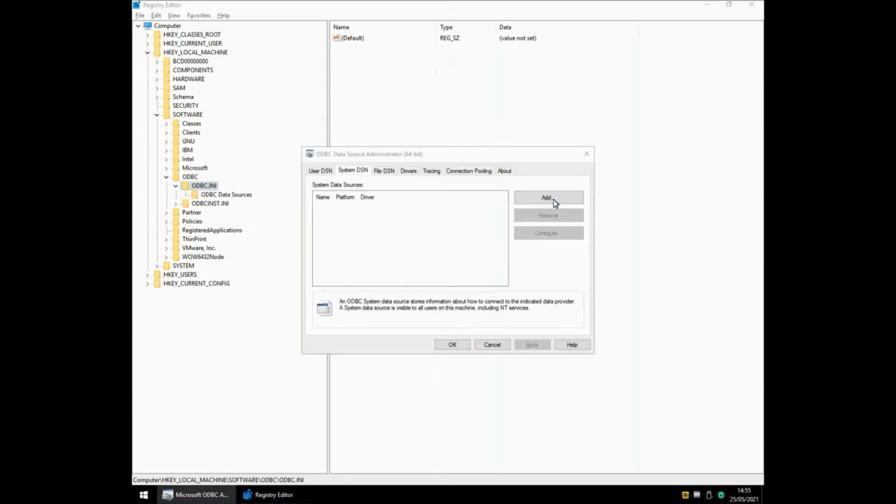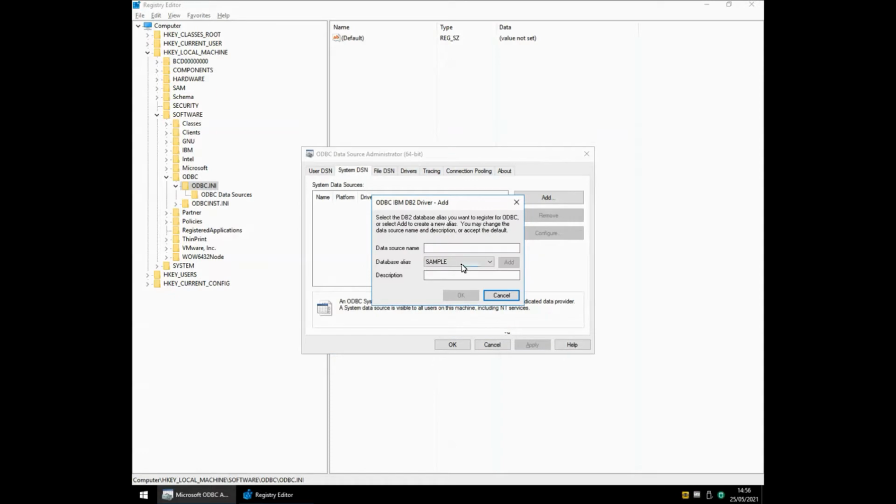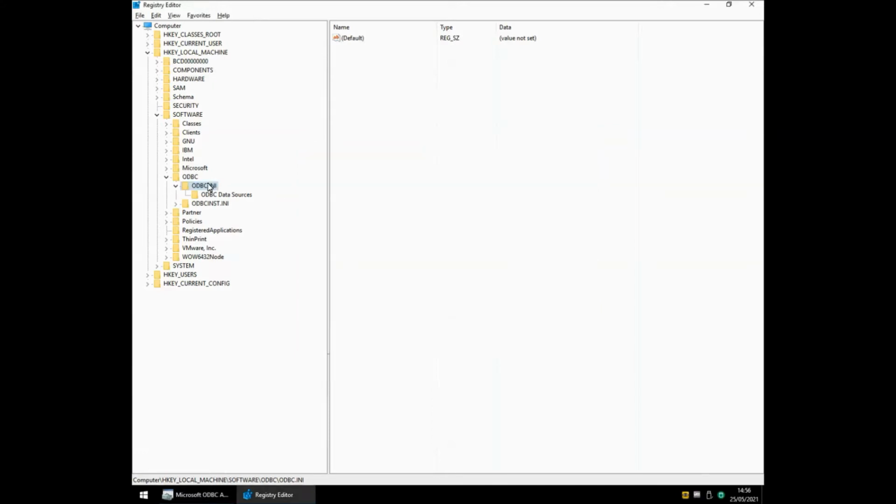I'm now going to add an entry into the System DSN. I'm going to be using the IBM DB2 ODBC driver. I'm going to call the entry local DB2, and now that's been added. If I switch back to Windows Registry, you will note when I refresh the screen that we have an entry